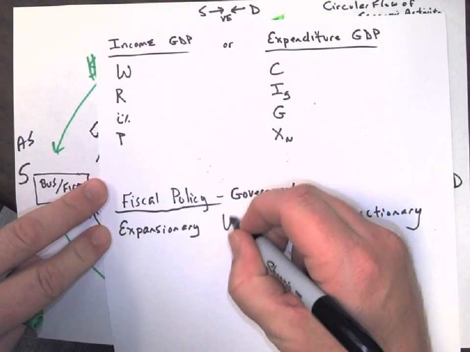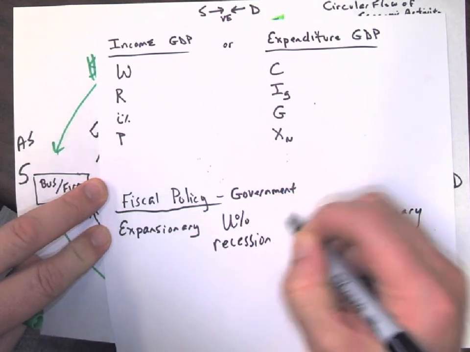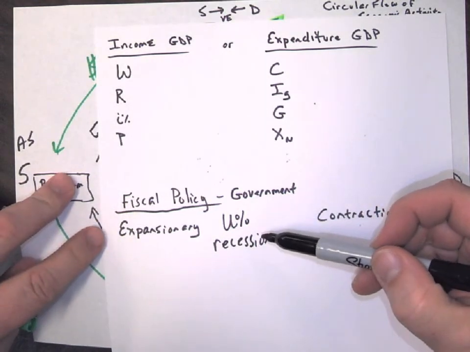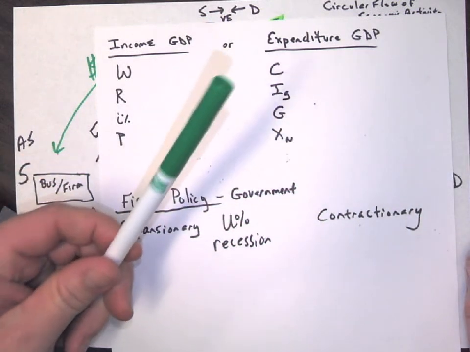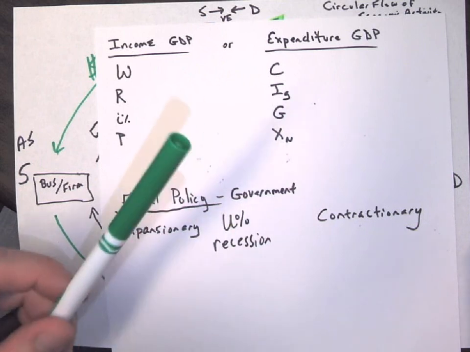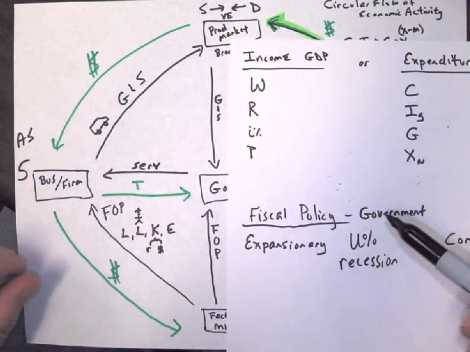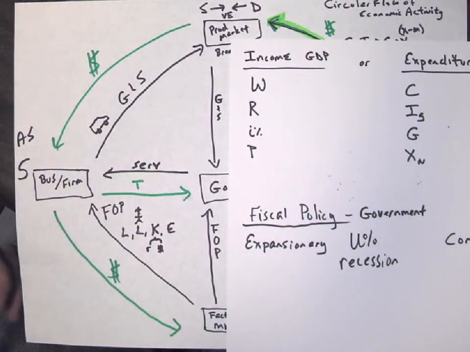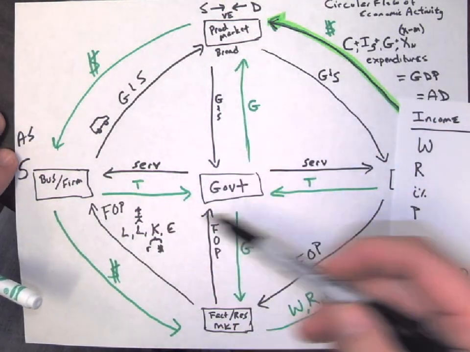Okay, so what they're trying to do is, if we have an expansionary policy, the whole idea is we need it whenever there's unemployment, which is also a recession. So whenever we have unemployment or we're in a recession, the economy needs to go. So we need something expansionary, green, like a car would go when it's green. So the idea of green during a recession means that the economy is not going to get going itself. So what I mean by going is everything in green means the money is circulating.